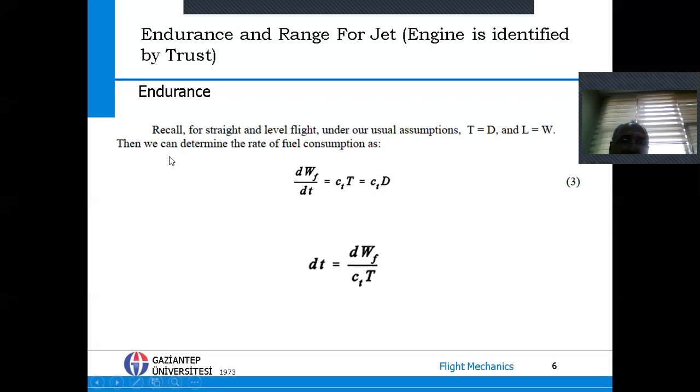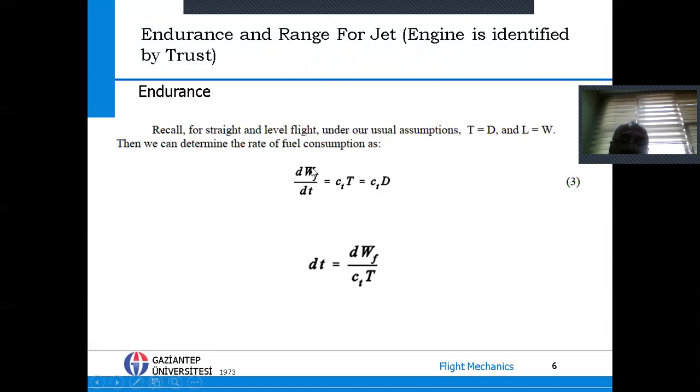Okay. First of all, endurance. Recall for straight and level flight, under our usual assumption, always we have thrust equal to drag and lift equal to weight. Then we can determine the rate of fuel consumption like this. So fuel consumption, CT here, or this specific fuel consumption, CT because of thrust, okay? And here is the amount of fuel flow. So this is WF, so this is F for fuel, and dWF over dt,